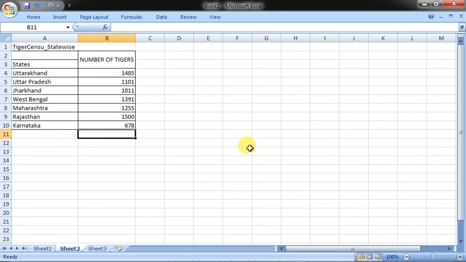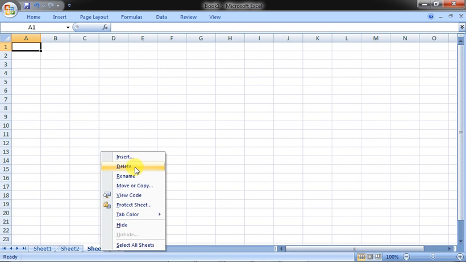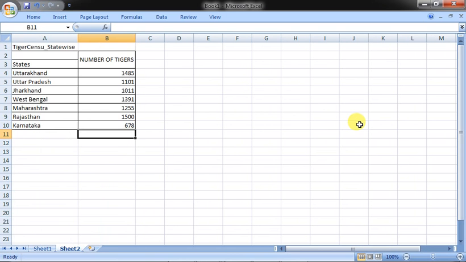All right then students, thank you very much. This practical activity is for you, and practice this one along with all its keyboard shortcuts. As I have told you, to insert a worksheet, it is Shift plus F11. Definitely practice that, and this is called the sheet tab, used to increase the number of sheets. If you want to delete the sheets, right click and then choose delete, and it will be deleted. Fine, thank you very much.